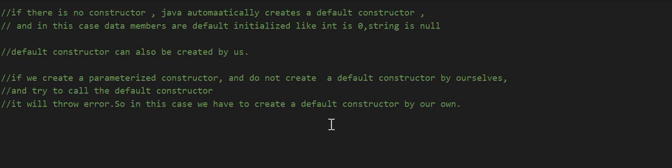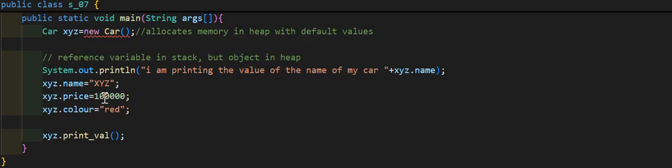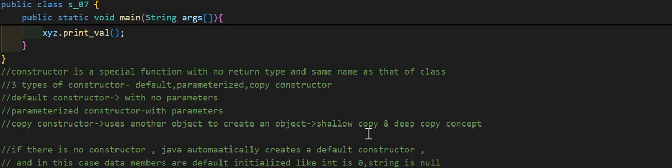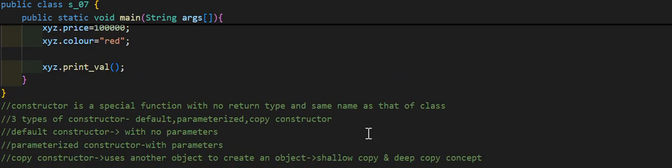So in this case, we have to create a default constructor on our own. So in this case, we cannot expect that Java will create a default constructor.